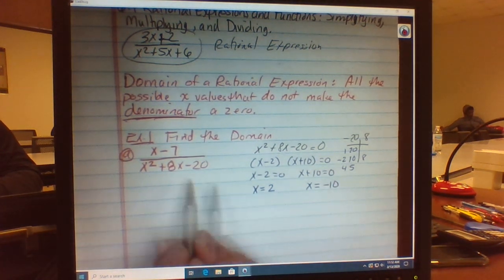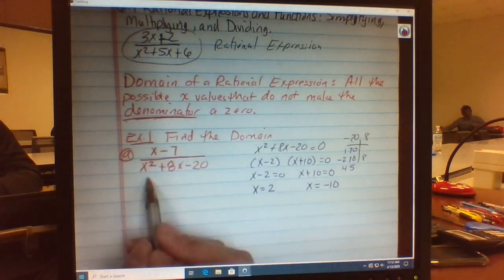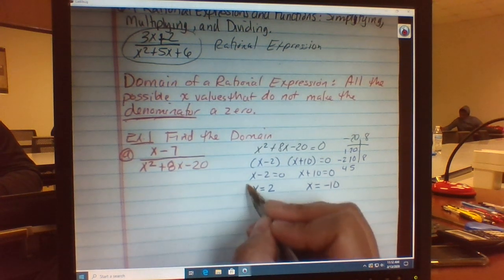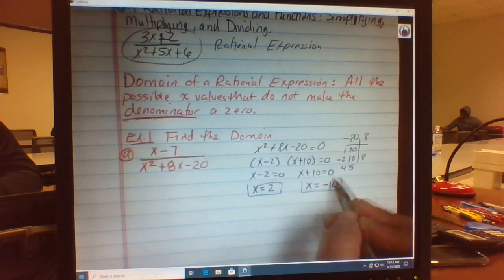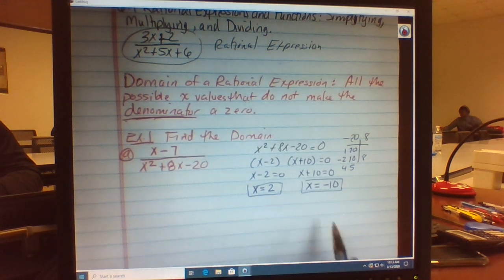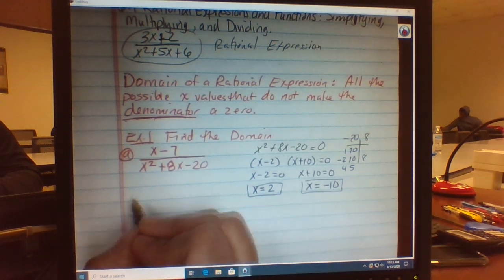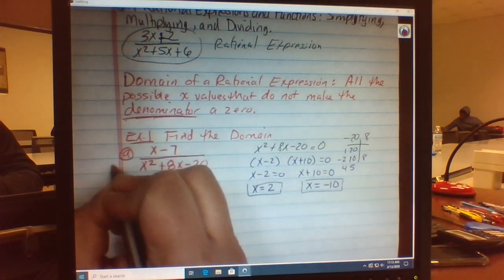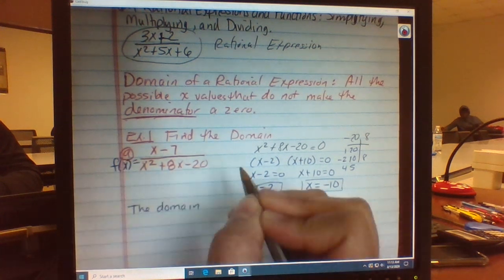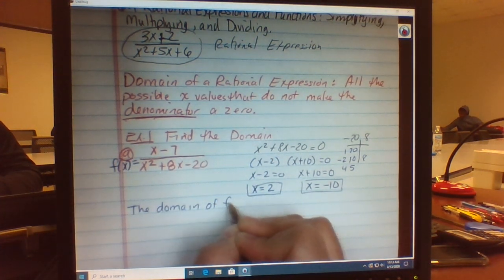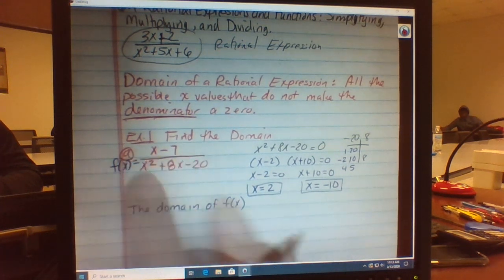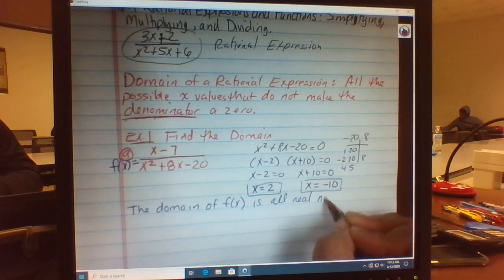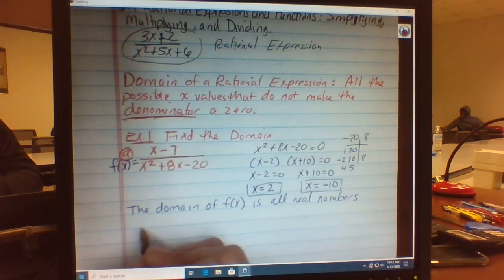So if I were to plug in a 2 in here, it's going to give me a 0 on the bottom. If I were to plug in a negative 10 in here, it's going to give me a 0. So what is my answer going to be, knowing that I have this? The answer will be the domain, and this was supposed to be f of x equals that. So the domain of f of x, meaning this entire thing, is all real numbers except,